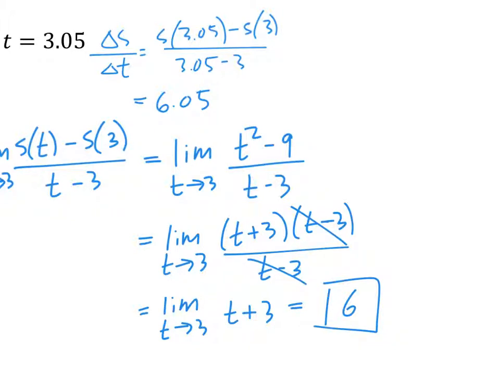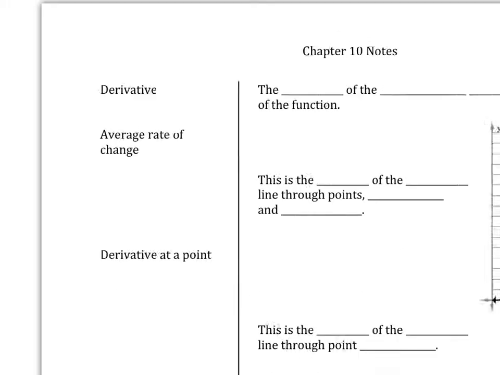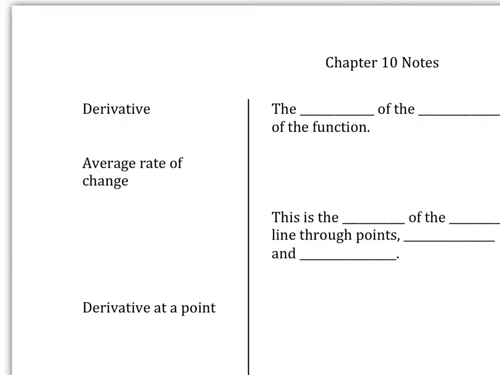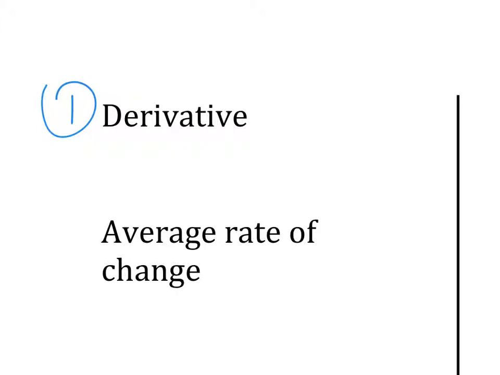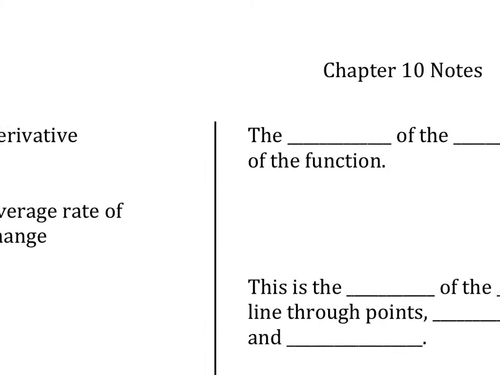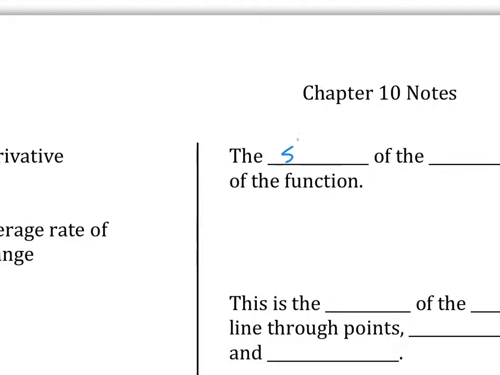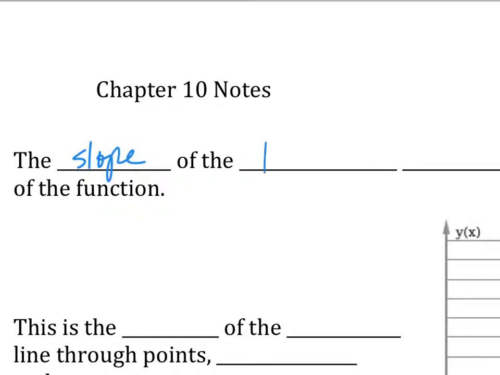Okay, so this is the calculus stuff. And let's define it correctly. All right, in calculus, there are 3 big things. The first one is derivative. And then next week, we're going to talk about 2 and 3. The first big thing, derivative. What is derivative? What you need to remember is derivative means the slope. So when someone says derivative, it means slope. Slope of what? Slope of the tangent line at a given point of the function.